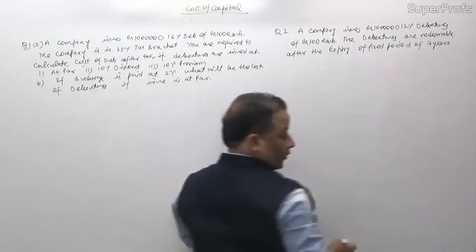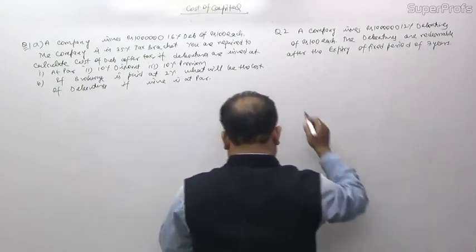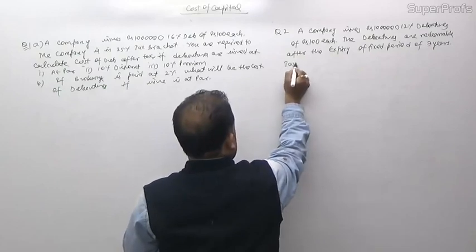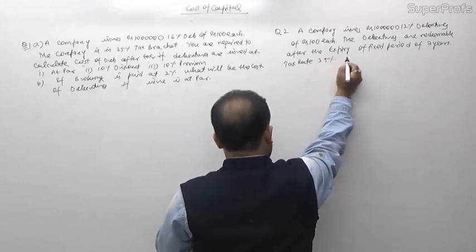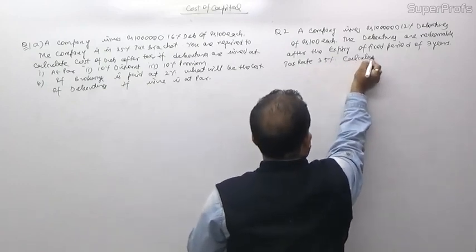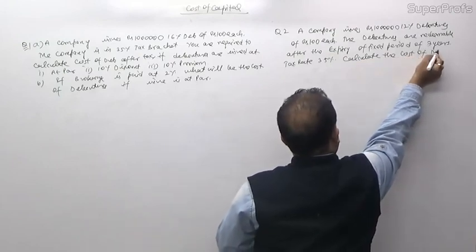The tax rate is 35%. Calculate the cost of debt after tax